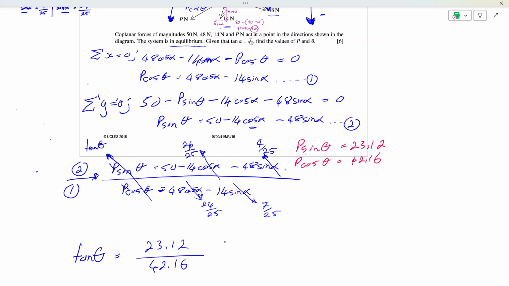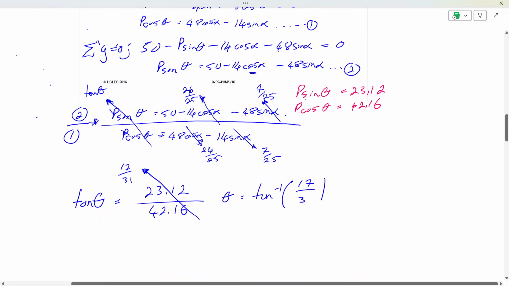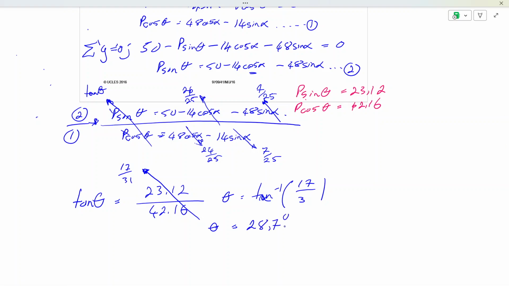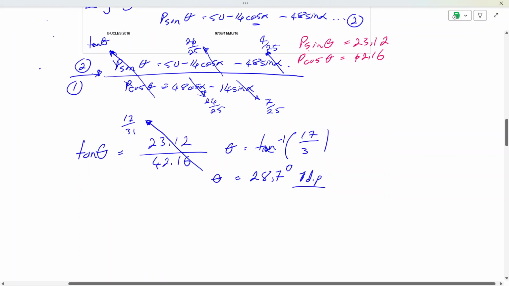Okay. Then you can find your theta by finding the inverse tan of that value, which, simplified further in your calculator, is going to be 17/31. This whole thing here is going to be 17/31. Right. When you do that, you get your theta is 28.7 degrees to 1 dp, like that. And then for the value of P, remember I have